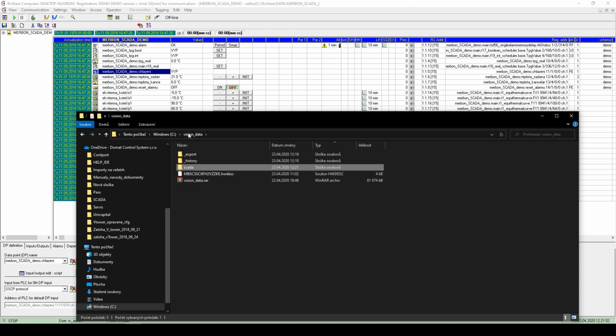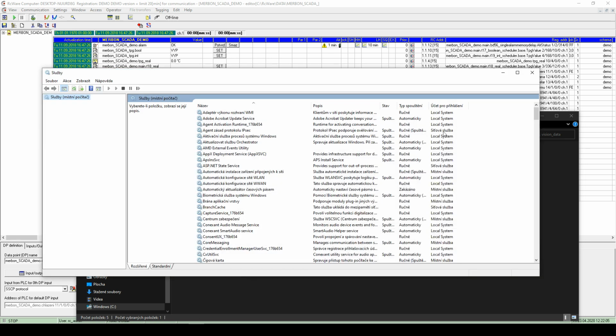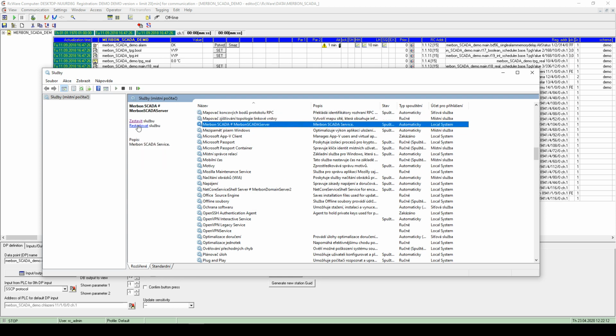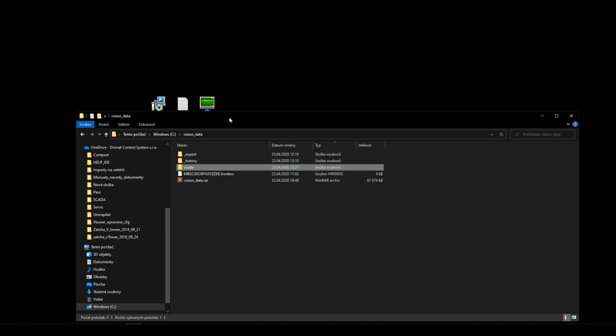Okay, what is needed now? Now the projects are not running, because the SCADA always uploads the projects when it starts. So what do we need? We need to restart the SCADA. There is two ways how to do it. The first way is to open the services, go here and do it from here, or maybe easier for you will be I'll just open